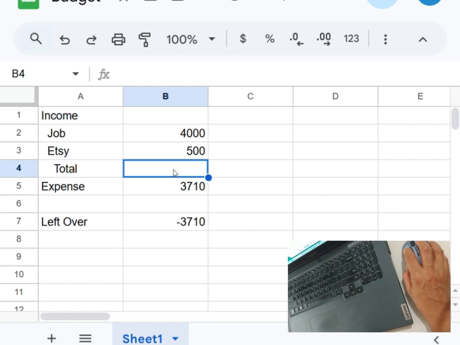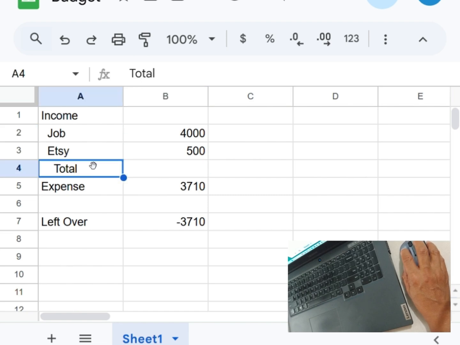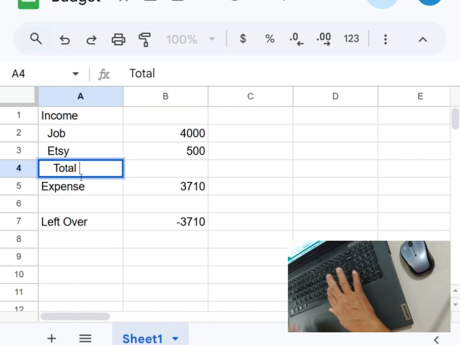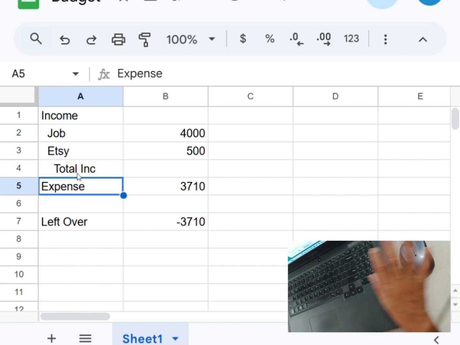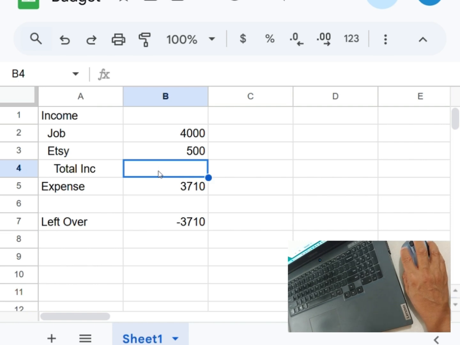I'm going to click in the cell next to total, and I'm going to put a formula here that adds this and this. So we'll get our total income. In fact, you know what? I'm going to even edit this to say total income. So I'm going to double click, and now I have the blinking line. That means I can type. Let me type another word, total income. So I know exactly what is in this cell next to it. Labels are important, so you know what the numbers mean exactly. Because total could just mean anything. Could have been the total left over, could be total expense. But let's make our labels as clear,